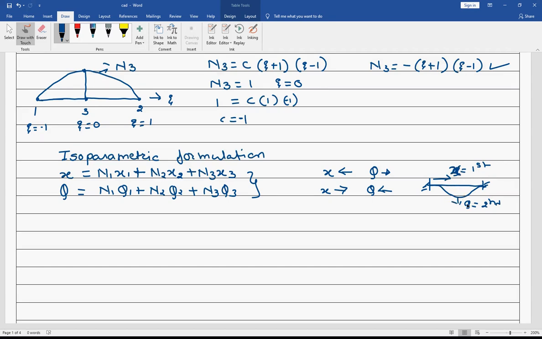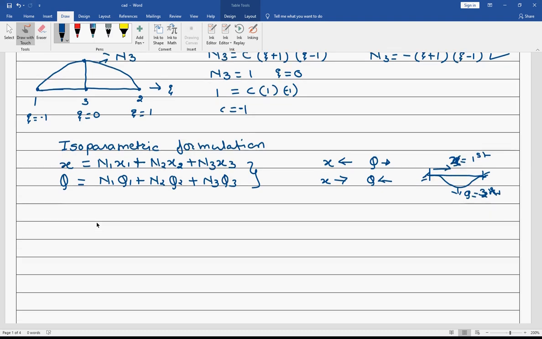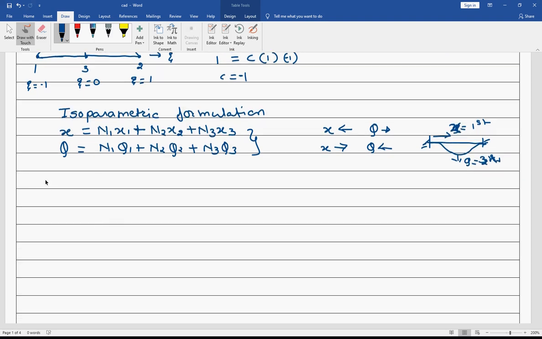So whenever we go through beam problems, recently we derived the shape function of a cubic element. This is not second order, this is a third order element. So in an upcoming lecture we are going to utilize this superparametric formulation also. Presently we will think about this only. That was a cubic Hermite spline.